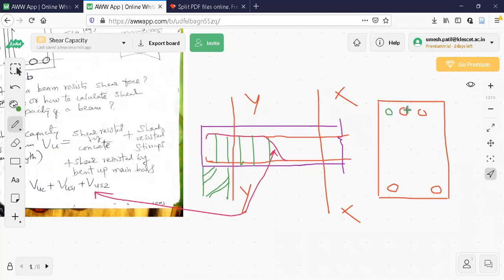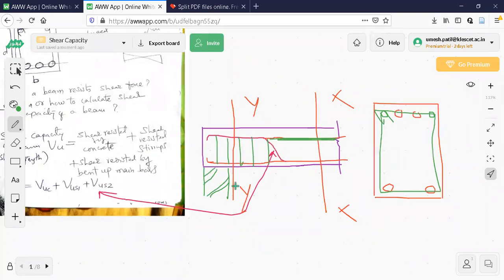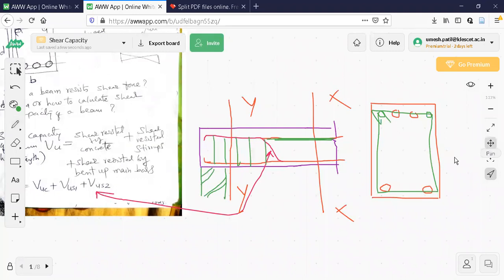These are hanger bars. They run continuously, as I told you, to tie the stirrups. These two are required. That is what is shown here. Whatever this bar is there, this is nothing but hanger bar, so that I can easily tie the stirrup like this. Now, the purpose of bending this main bar, it will give me some additional shear strength. That is what I'm trying to tell you here.